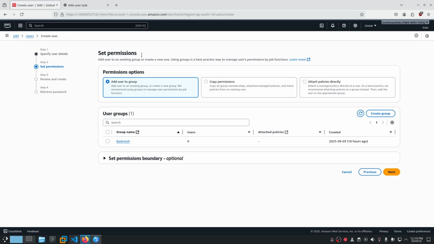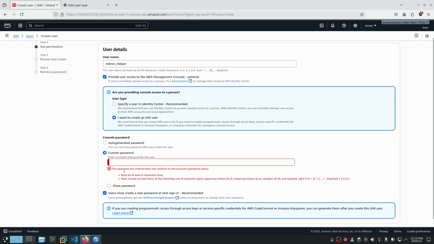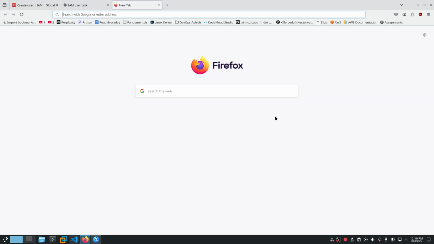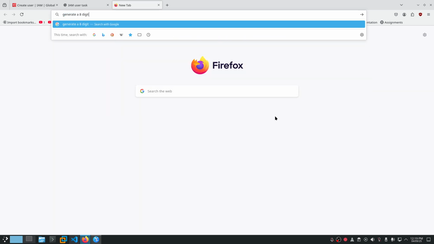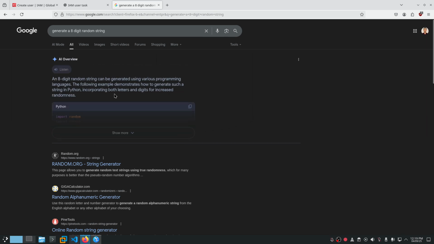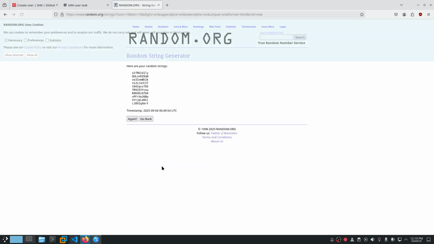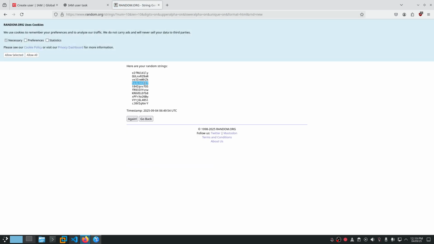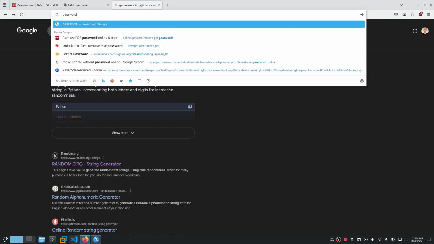With a custom password, it's saying for custom password. Previous custom password, what can be a custom password? Generate an 8 digit random string. Let's go to a password generator.